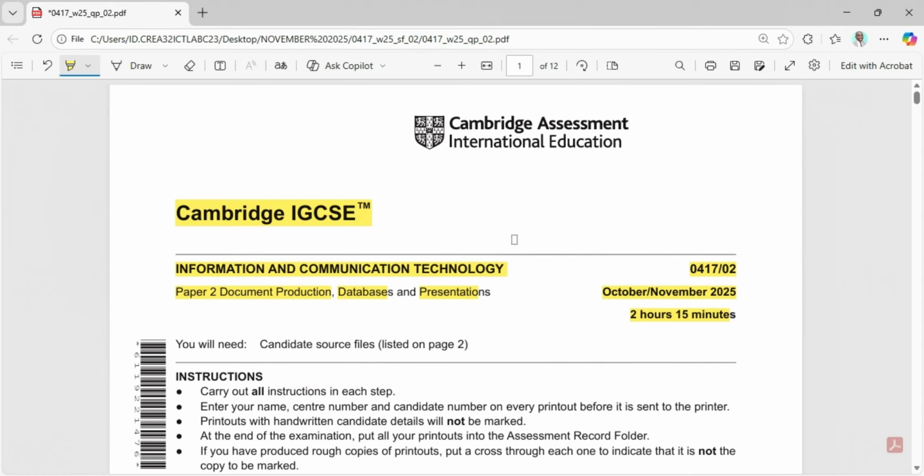In this video, we shall be looking at paper 2 of October-November 2025. The paper 2 consists of document production, databases, and presentations. In this particular video, I will start with the document production, and in the subsequent videos I will look at databases